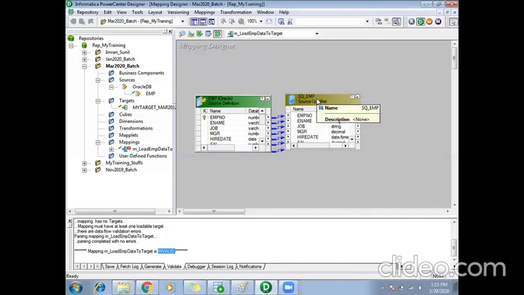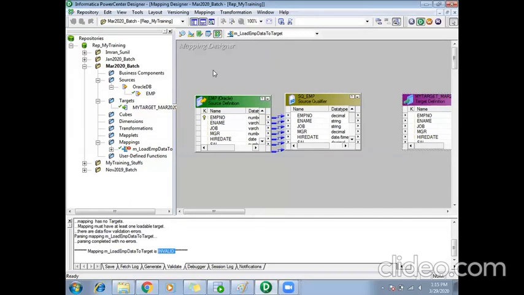As I told, when I use a source, it will create two things: one is source definition and the other is source qualifier. We'll see what the difference is. Then I need to load the data to this target table, so I will use this also in my mapping. Now if I say validate, still it is invalid.